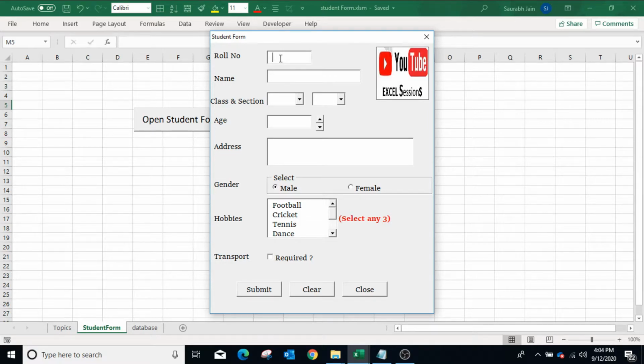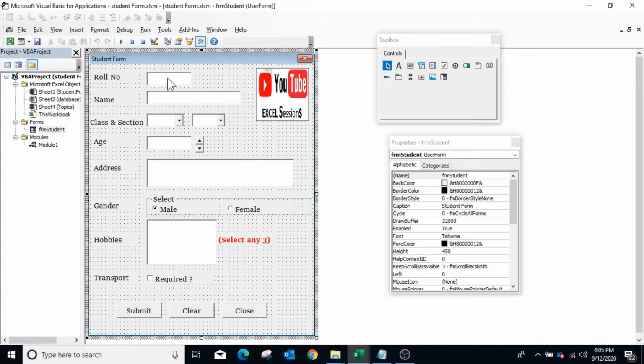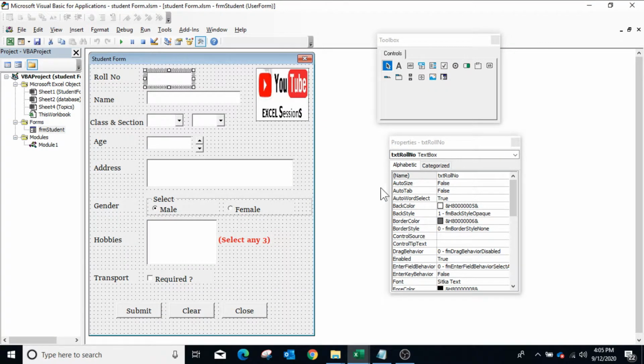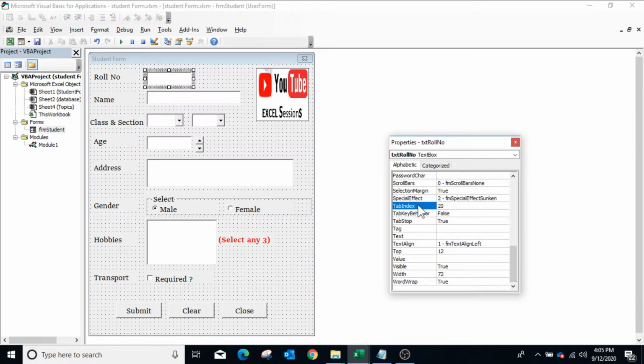Now select the roll number field and press the tab button and see whether the cursor is moving in the correct order or not. To change the order of the fields, we can use the TabIndex property. So close the form and in the form select the first field and change the TabIndex property to 1.